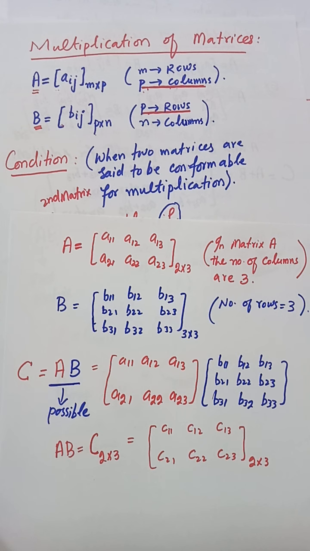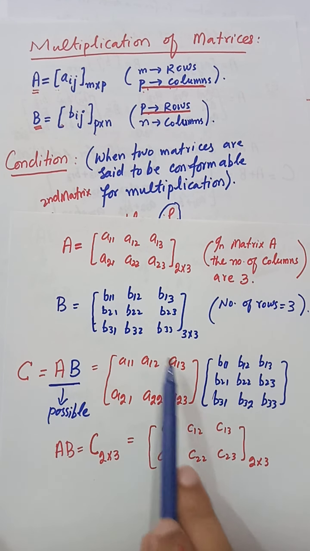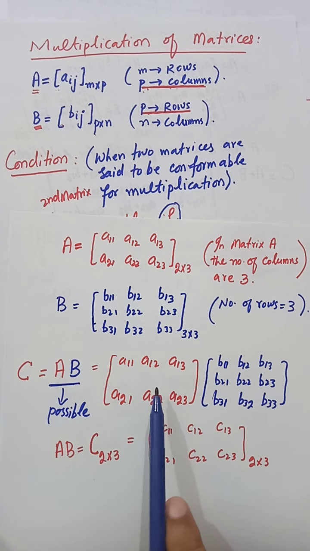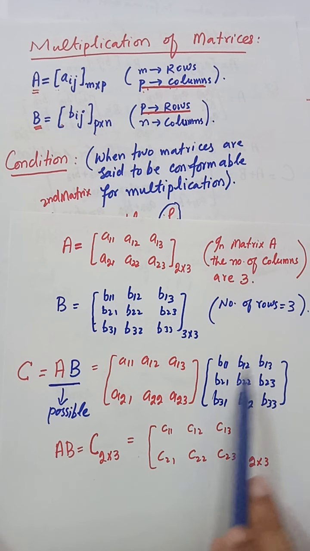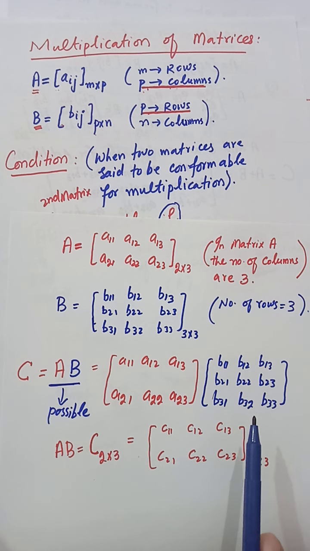Now our target will be how you can multiply two matrices. You know that the resultant matrix which comes from the multiplication of these two matrices must have an order in which the number of rows will be equal to the number of rows of the first matrix, and the number of columns in the resultant matrix will be equal to the number of columns of the second matrix given in the product.